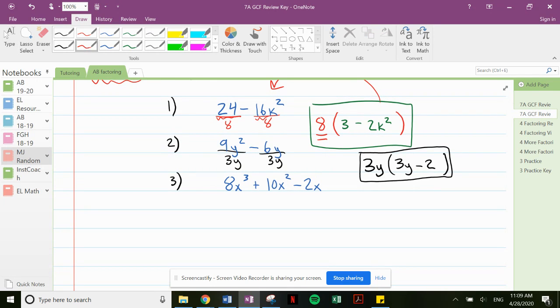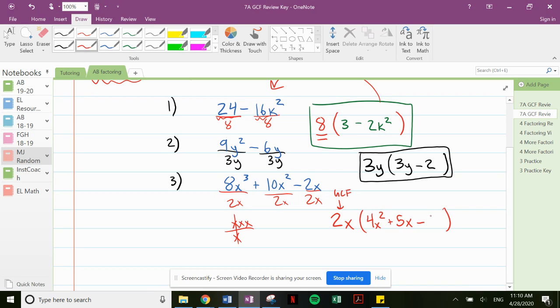And number 3 here, 8x cubed plus 10x squared minus 2x. 8, 10, and 2. The largest numerical factor there is a 2. And x cubed, x squared, and x, I can take an x out of each one of those. So my GCF is 2x. And now let's see what's left if I factor 2x out of all three terms. 8 divided by 2 is 4. X cubed over x, think of that as x divided by an x. We can get rid of one of them, so I have 4x squared, plus 5x, 1x left there, minus 2x